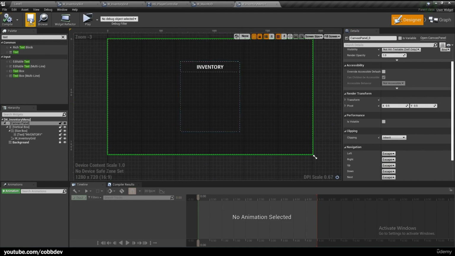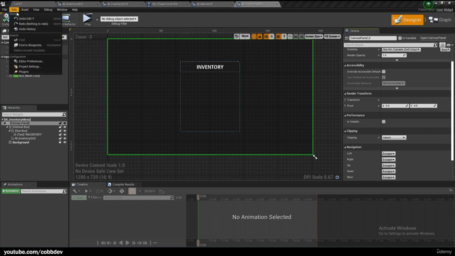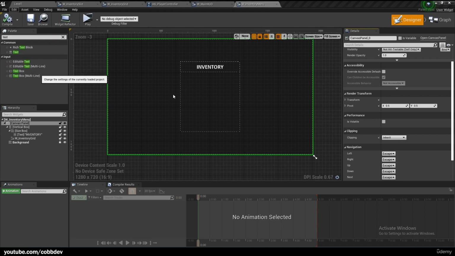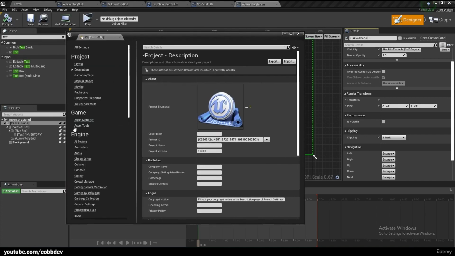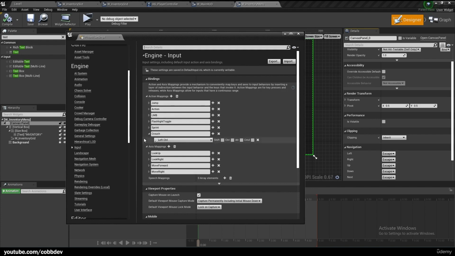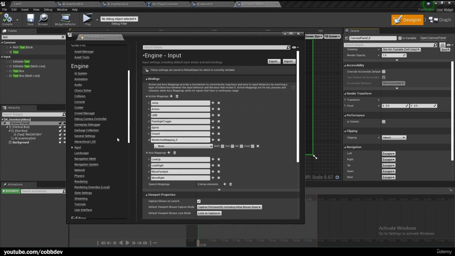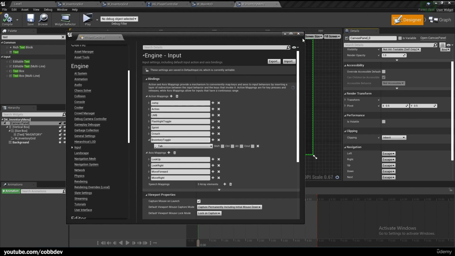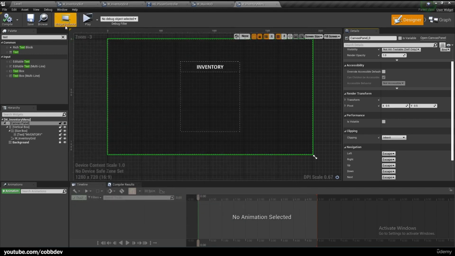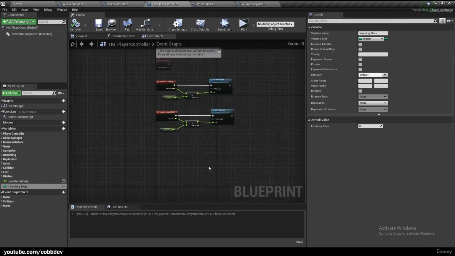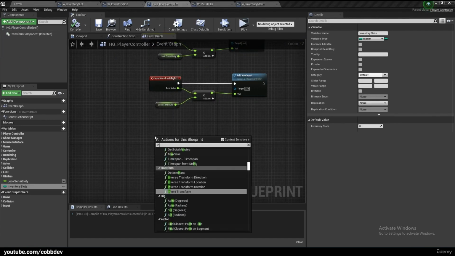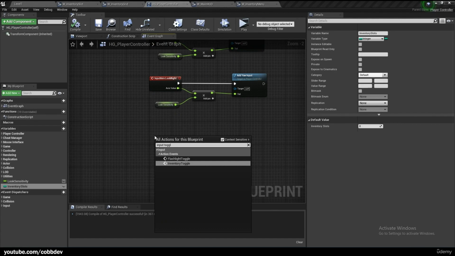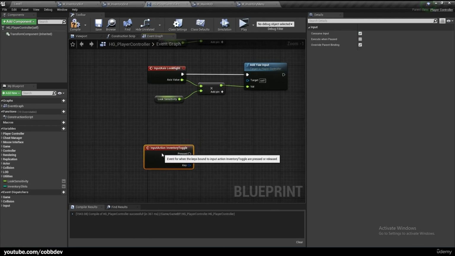So let's compile and save. Now let's go into our project settings, and we need to add an input to open and close our inventory. And we'll just add another action mapping, and we'll call this inventory toggle, and we'll assign it to the tab button. Close that. In our player controller right here, we can add input toggle inventory toggle, and we want to make